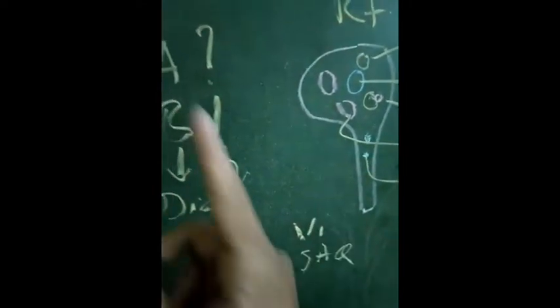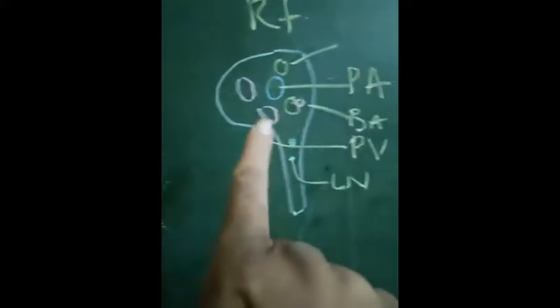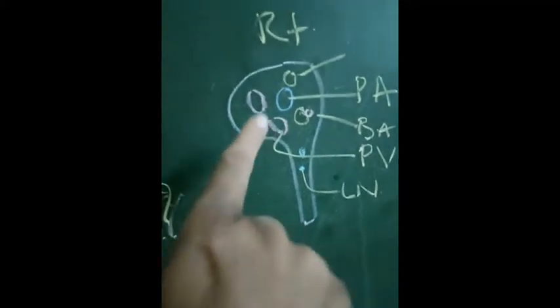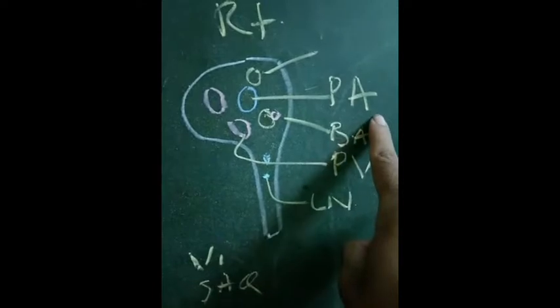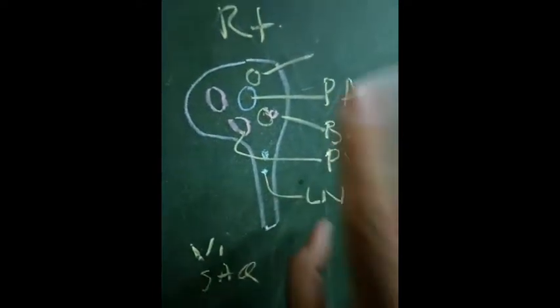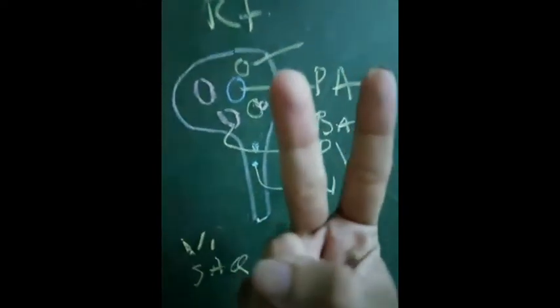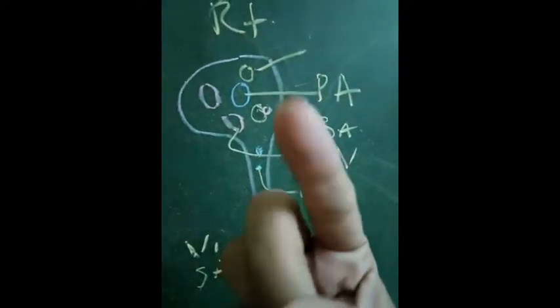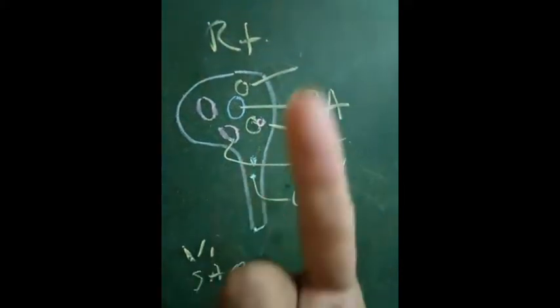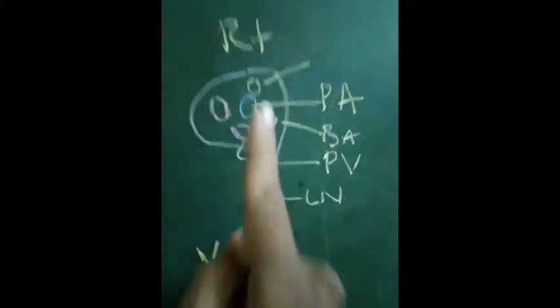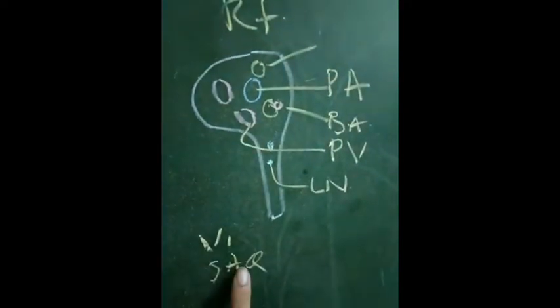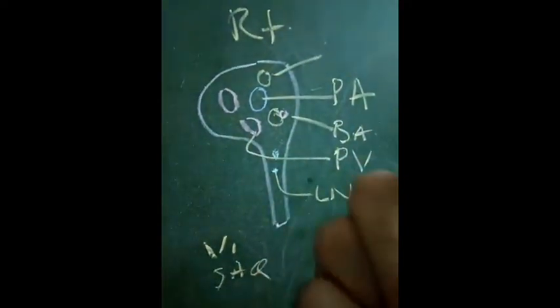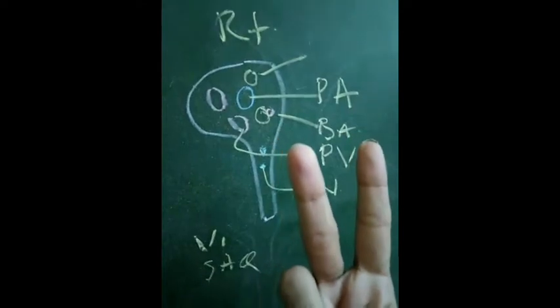Now what you have to read after apex and base, you have to read about the surfaces and impressions of the lungs. And what I'm focusing on, look here, is the hilus. So what is present in the hilus? That is the pulmonary artery, pulmonary vein. Simple. Two finger technique. ये कम से कम इंफॉर्मेशन. I am repeating: pulmonary artery, pulmonary vein. This you have to tell in viva and this you have to write in ACQ. Look at my finger. So pulmonary artery, pulmonary vein.